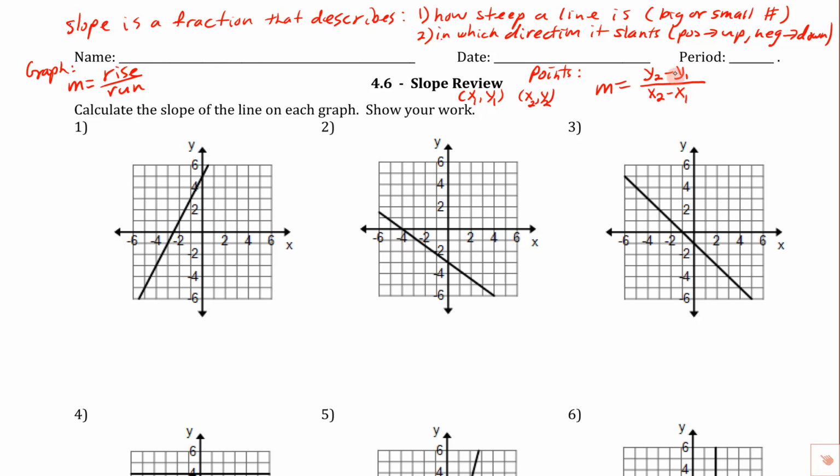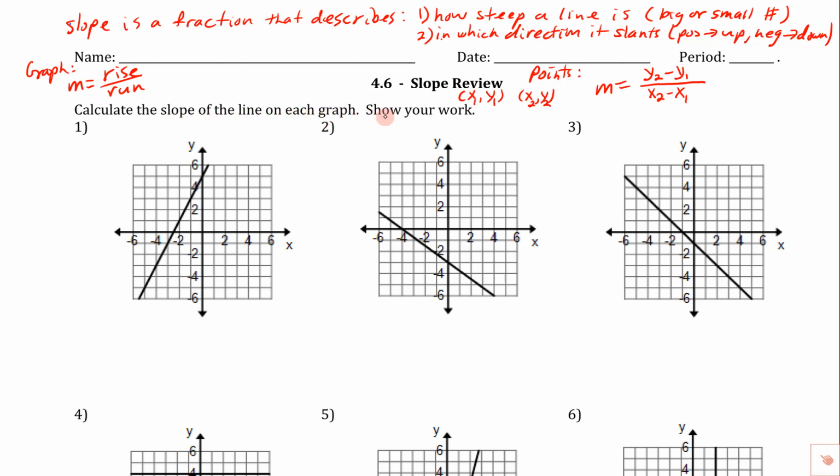A couple of things to remember. The y's go on the top, because they correspond with the y's. That's a common mistake. People often will put the x's on the top, and that's not the way it is. So remember, it's going to be the y's on the top, and then that minus is part of the formula. A lot of times it's a good idea to write that minus in the formula before you start grabbing numbers to plug in. So on number 1, it says calculate the slope of the line on each graph and then